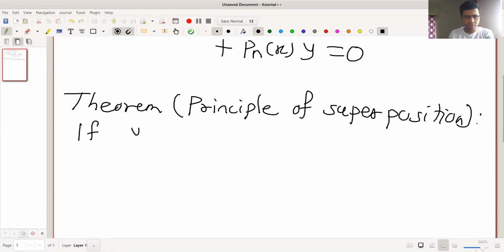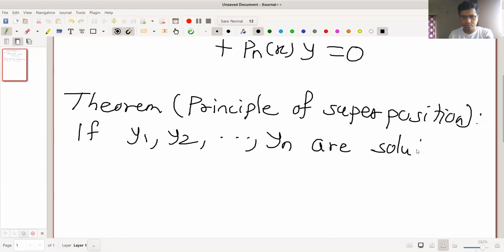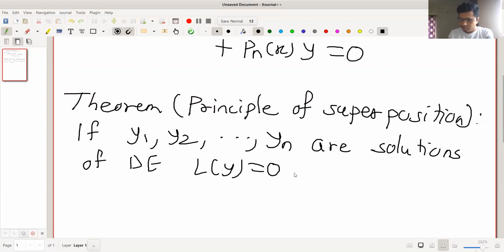If y1, y2, and so on, yn are solutions of the differential equation L of y equal to 0, then the linear combination